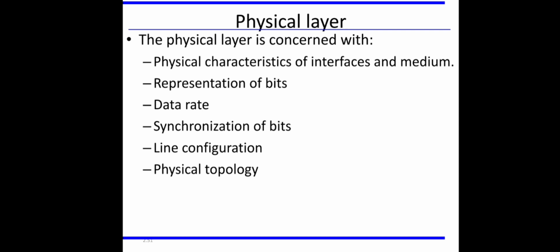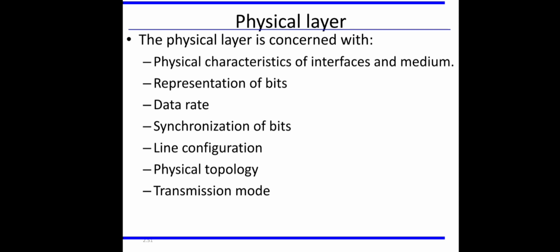And next, physical topology. What topology is the system connected in, whether it is mesh, ring, like that. The network transmission definitely depends on the topology also. Based on that only, the decision can be taken to access the media and send the corresponding data. Then transmission mode is also very important.